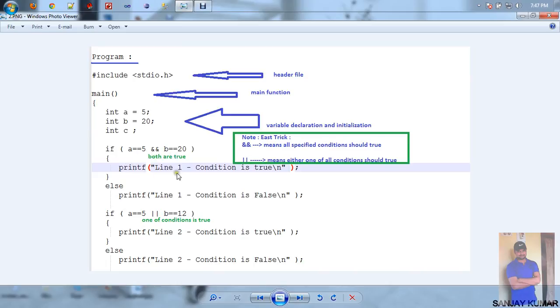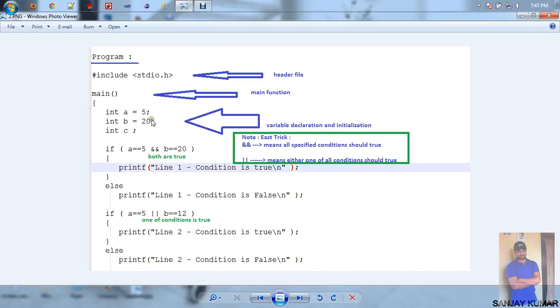For printing this statement, these two conditions must be true. a == 5, it is true. Now b == 20, it is also right. So this statement is executing because both conditions are true. It is a trick for you that if you use the logical AND operator in coding, all conditions should be true.